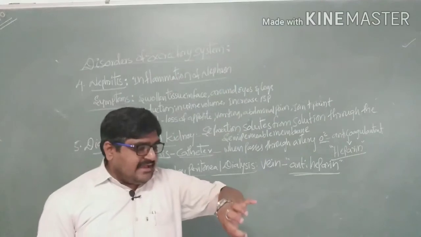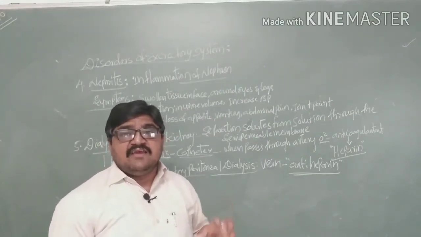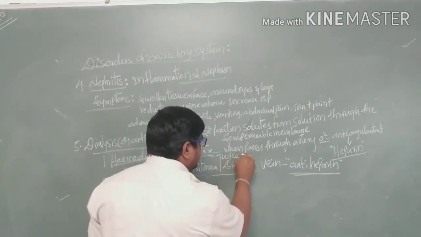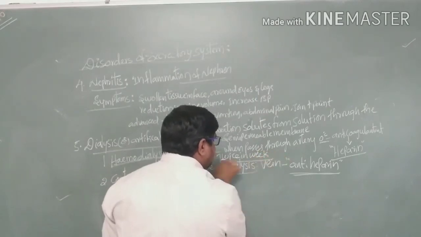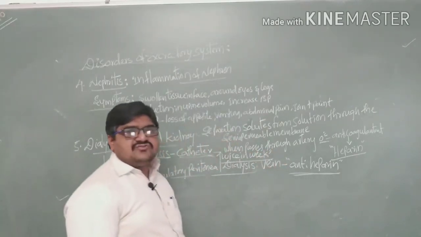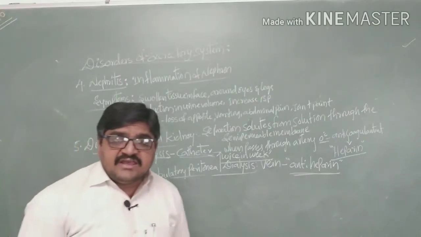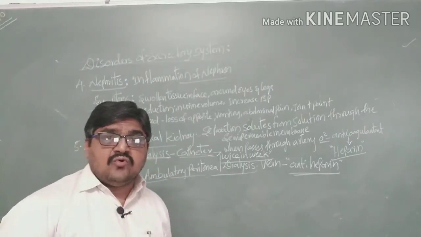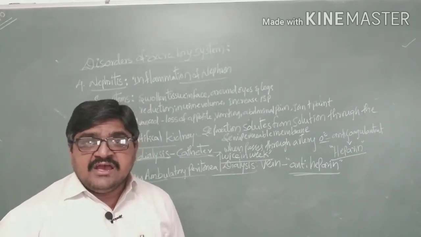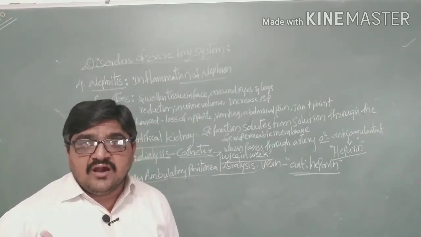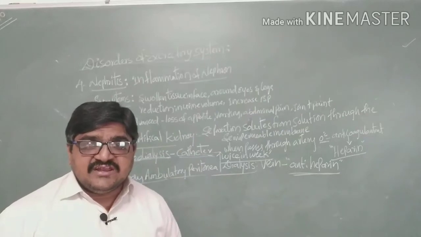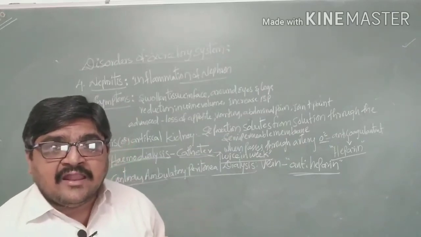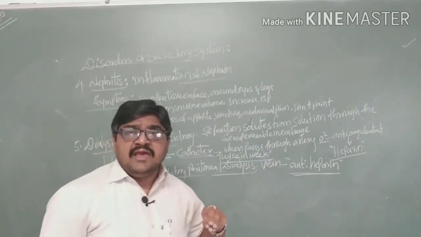Hemodialysis should be done twice in a week, that means 2 times in a week. So the patient compulsorily has to go to the hospital every week, 2 times, where through the dialysing solution the waste materials, that is harmful substances, are excreted from the body in the form of